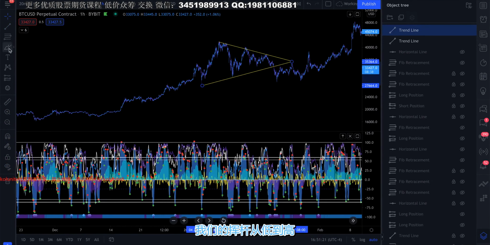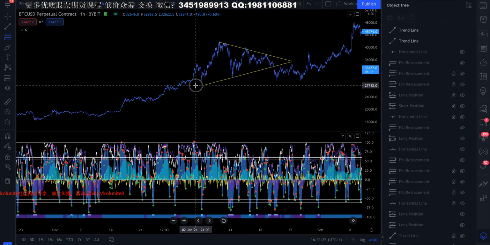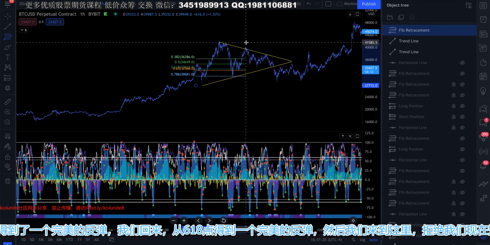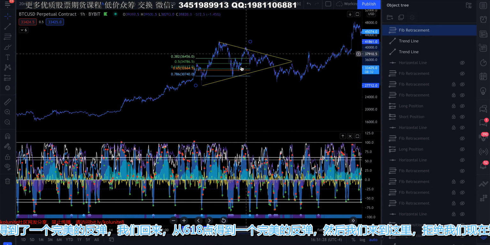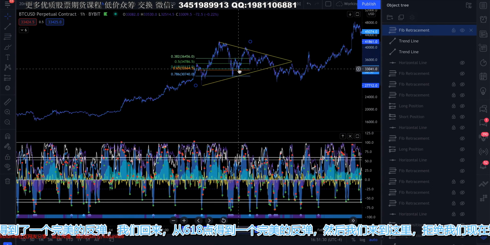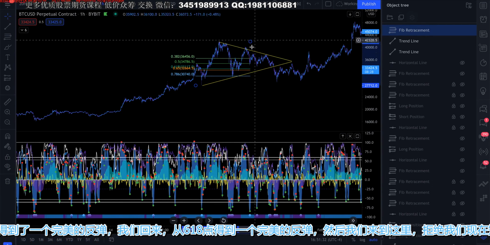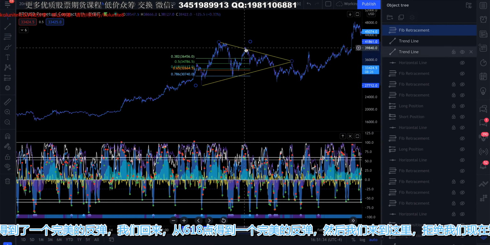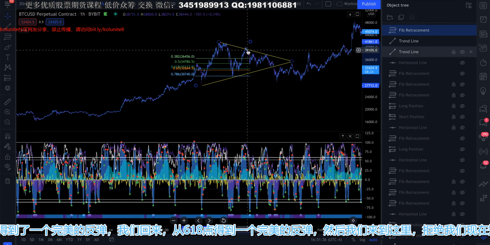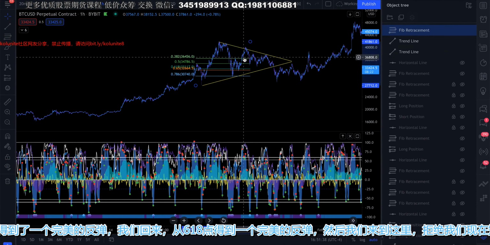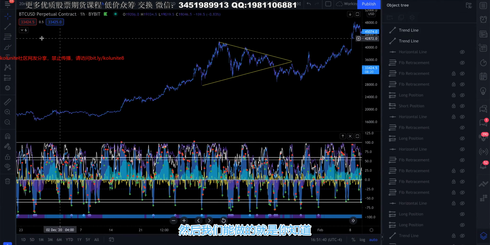Look at this, right? We have our swing low to our swing high. We pull this, okay? We pretty much get a perfect bounce off the 786. We come back down, we get a perfect bounce off the 618. And then we come up here and reject off of what we now know is a trend line. We can connect 2 points. And then what we can do is,